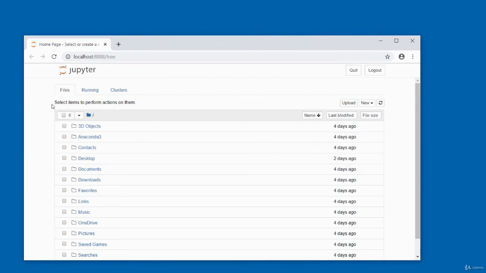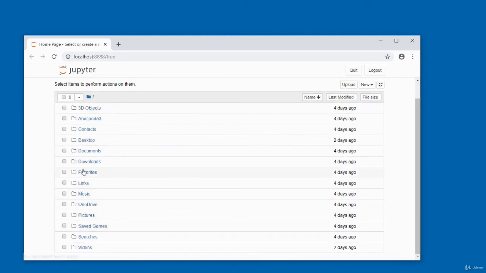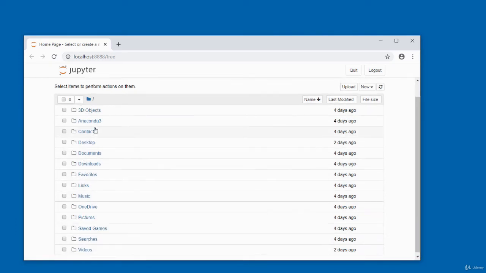Okay, and then we've got the breadcrumbs at the top of the notebook list here. It will display clickable breadcrumbs. These are all clickable breadcrumbs of the current directory. By clicking on these breadcrumbs or these subdirectories in the notebook list, you can navigate your file system. If you want to see any of these, you can see they are all clickable links